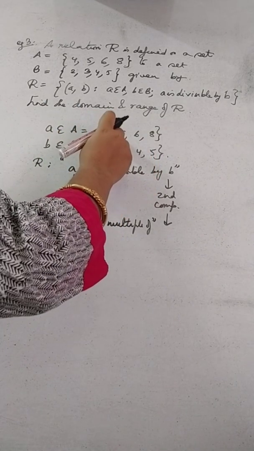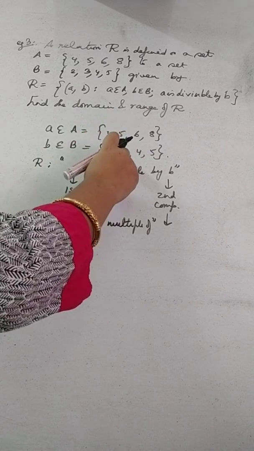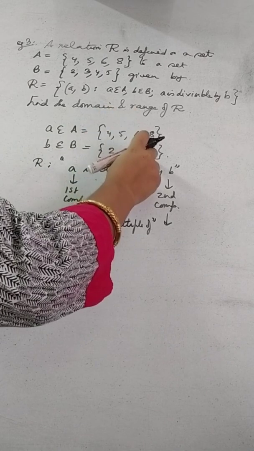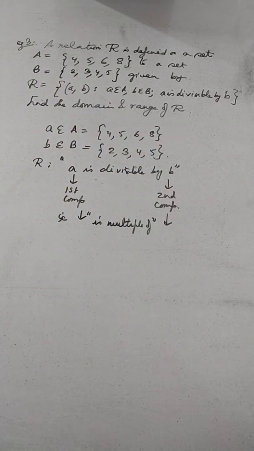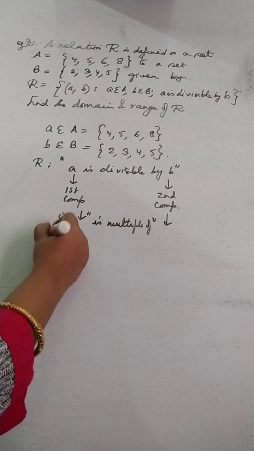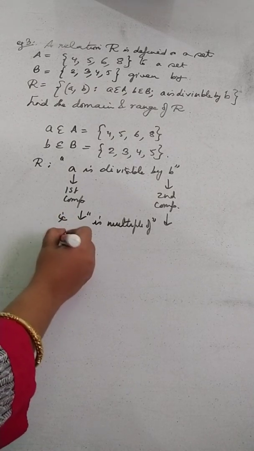Next, move on to 5. 5 is not divisible by 2. 5 is not divisible by 3, so it won't be taken. 5 is not divisible by 4, so it won't be taken. 5 is divisible by 5, so that pair will come into account. So (5, 5) will be the next component, like that. Otherwise, if you're not confident, in case you miss out something,